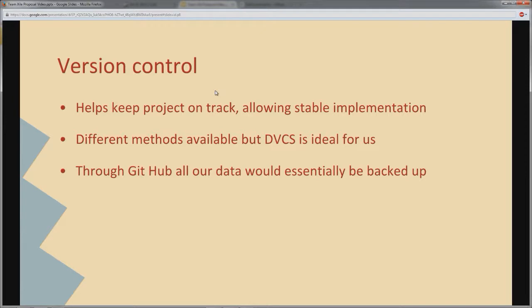Version control plays a huge part in the software development workflow. We feel it is of utmost importance to make it an integral part of a software project. This is because version control helps keep projects on track and allows for more stable implementation, knowing you'll always have a previous version to fall back on. There's a variety of different platforms and methods to choose from when considering how a group is to implement version control into their projects. We found that a distributed version control system such as GitHub is ideal for collaborative software